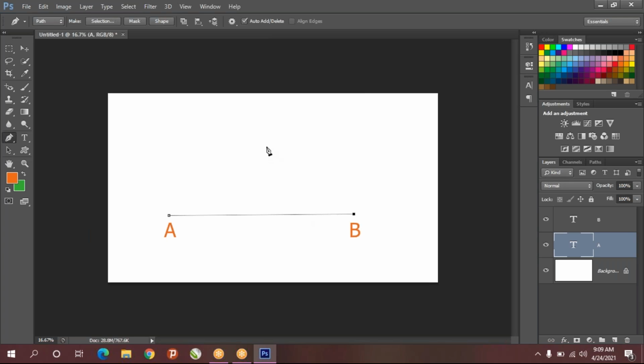If you want one more point, you can move the mouse where you like and then click, then again it will create one more line. Wherever you create a point, there it will create a line, and where you started, there you have to close. You can undo by alt control Z, not backspace. Alt control Z for undo. See, just one click, second click, third click, and where you started. And you can make more points also.